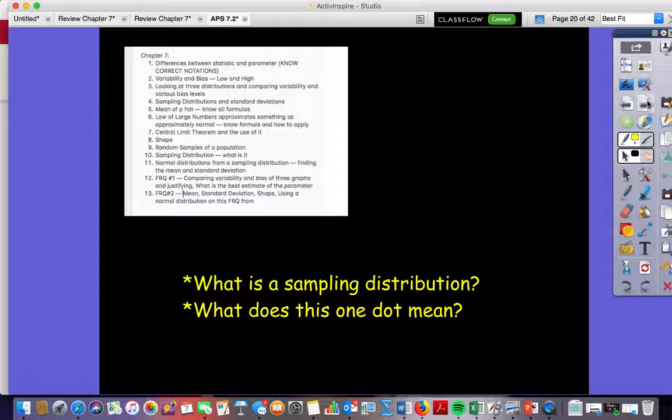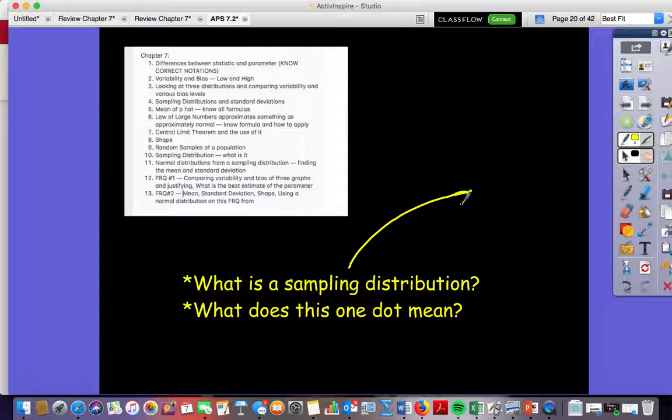Eyes up here. Let's roll. Sampling distribution. You needed to write that it was a sample of a sample. Cool. Now, this dot right up here, could someone describe what this one dot means? I'm going to be picky on this one. Sarah, go ahead. If it's a sampling distribution, it's one specific instance in which the mean of the sample was 0.4.